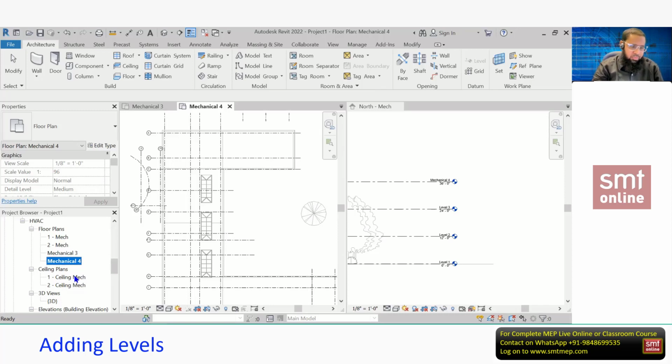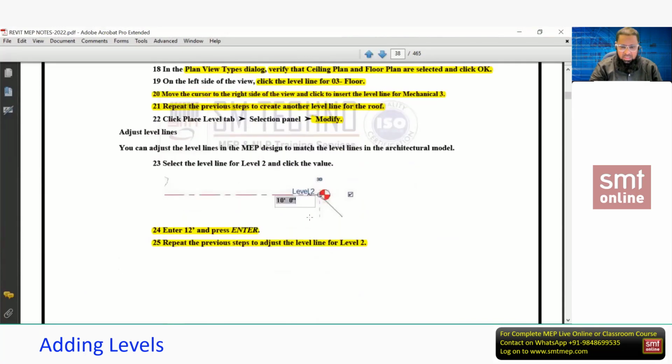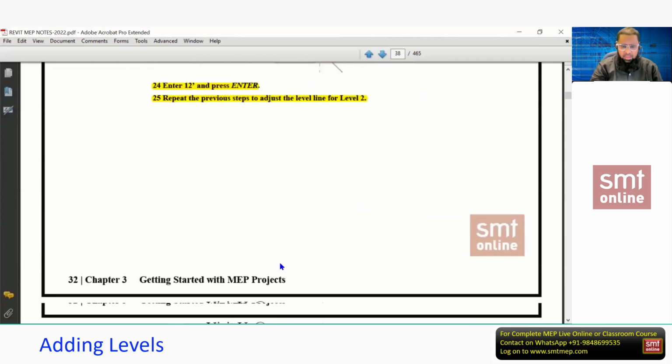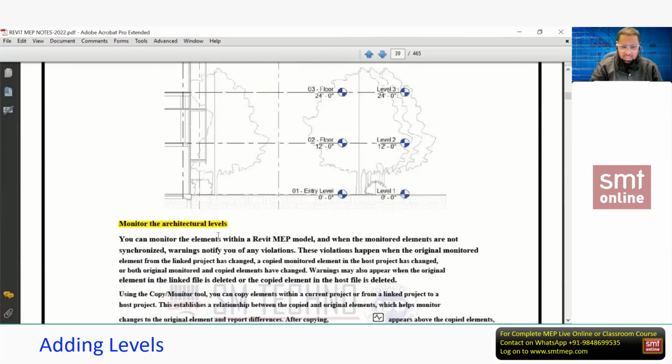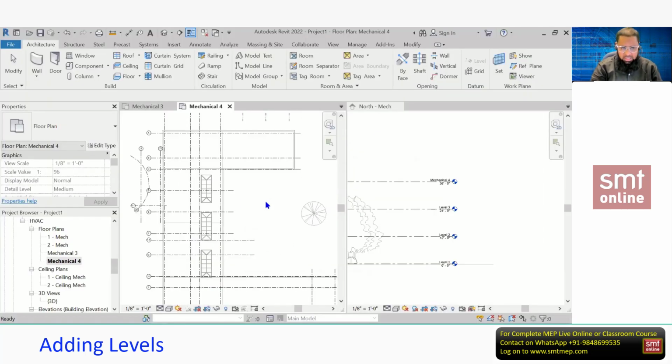So now what I'm going to do, I'm going to rename this. Why? To avoid confusion. You see, I already updated this level to 12 feet, but I'll go with some more additional points which are not in the notes. So let me complete this task to get the complete idea. So here I'm going to rename this. How to rename? You see 2 mech, I'll make it 3 mech and roof. So right click, for example, first of all, I'm going to copy this. Then again, right click, rename this as 3 mech, and this as roof.